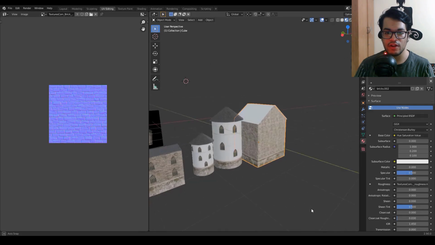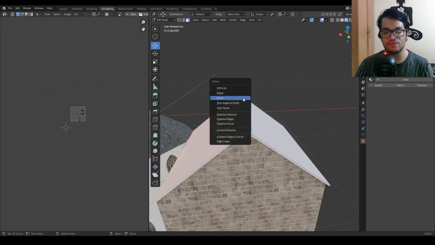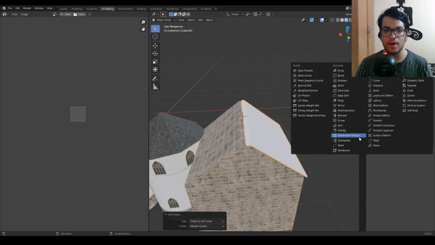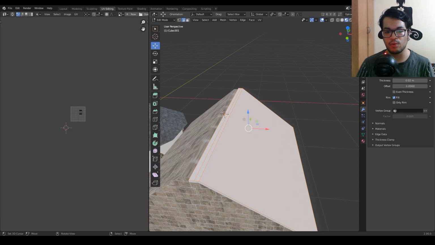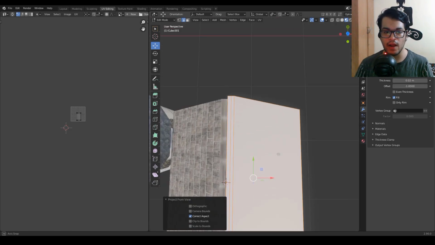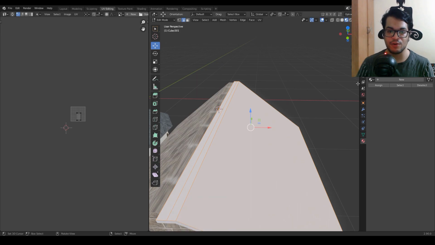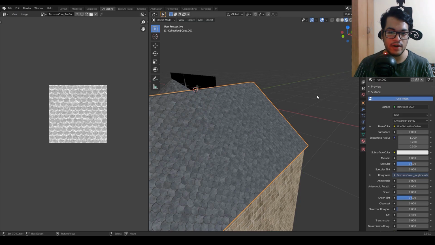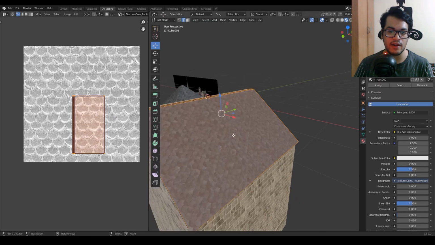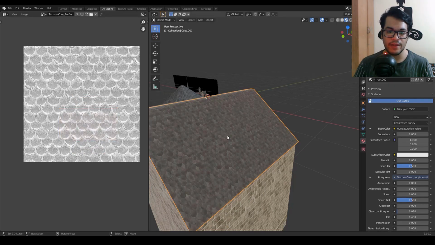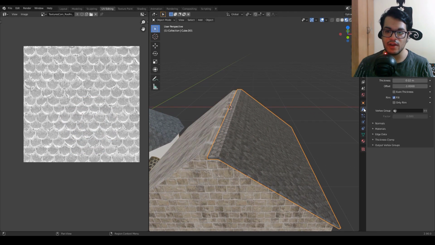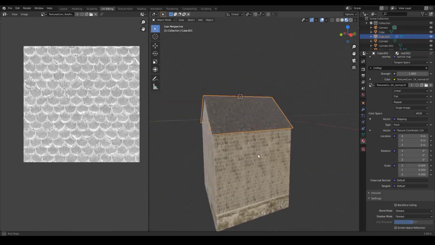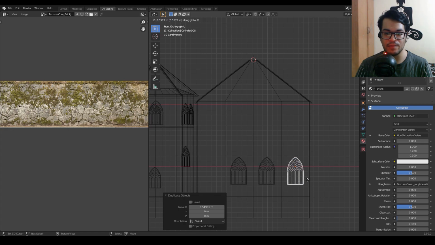And for the roof, actually we are going to slice the roof into half because we are going to use the mirror modifier. So the UVs also will be automatically mirrored, so we don't need to worry about the UVs. After deleting the half portion of this roof, you can go to your top view and project the UVs from view and add a roof material. Again, the roof texture is rotated in a weird way, so just rotate it 90 degrees. Okay, that looks quite good. Now it's quite easy, add a mirror modifier and as you can see automatically the UVs are mirrored. Adding 2 rows of windows here.